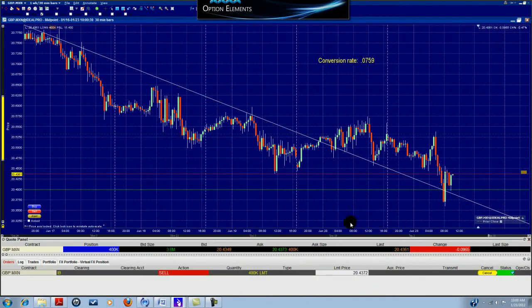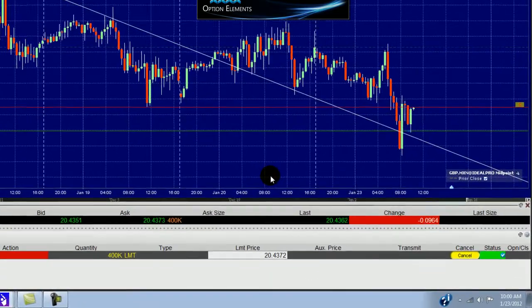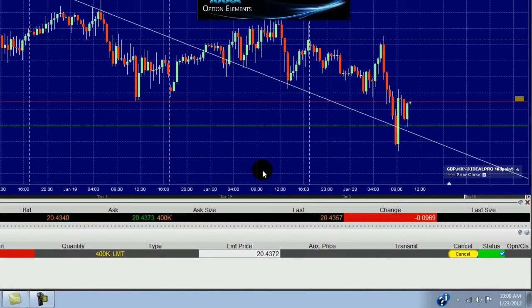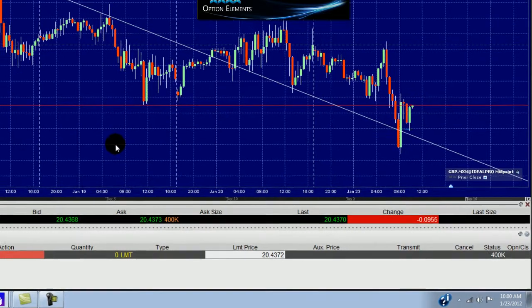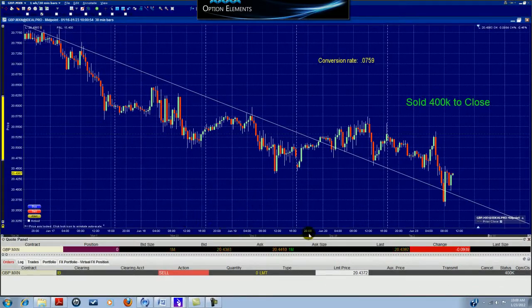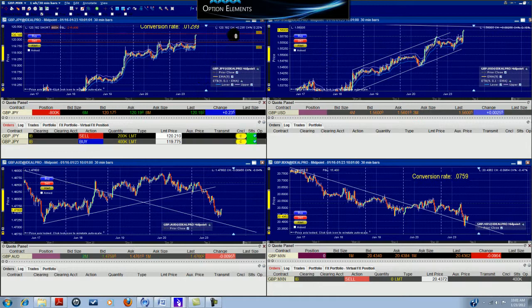Okay, it looks as if we may be getting filled here on our Mexican dollar. We're sitting on the offer here. There's our 400, as you can see right here. So we'll see if we get filled on that. There we go. Okay, so we covered that one. Now back to our